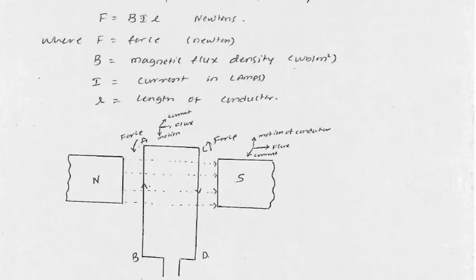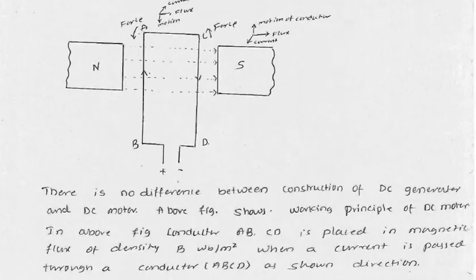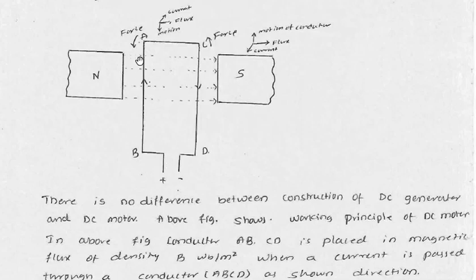Okay, for simplicity we consider only one coil. You can see one coil. AB is one side of a conductor, CD is the other side of that particular coil, and this coil is supplied with the DC voltage, and that will result in a current I. So current will be flowing in this particular coil. It will go from positive B to A and C to D. So these are the two conductors, and this coil is placed in a magnetic field, north and south. The magnetic lines of flux would be from north to south.